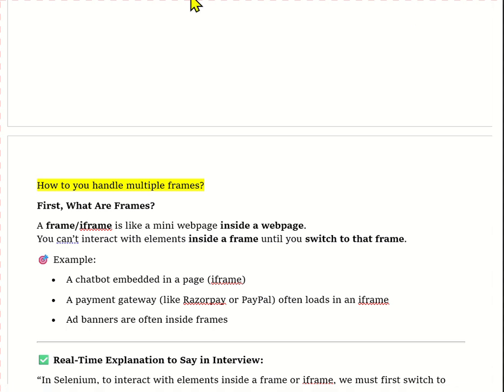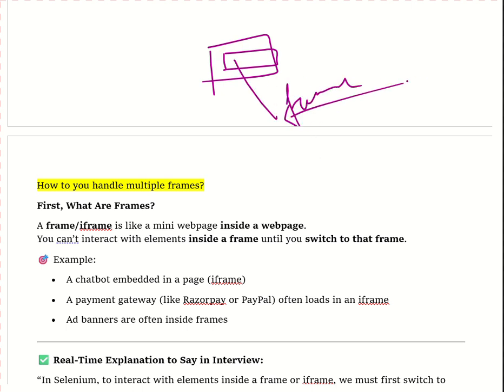So these are the elements, and we have to interact with them because they are present inside the frame. First we have to switch to that particular frame, then we will interact with these elements.